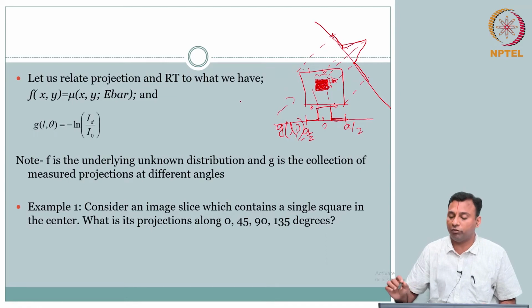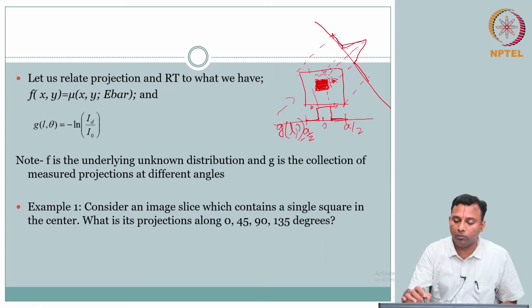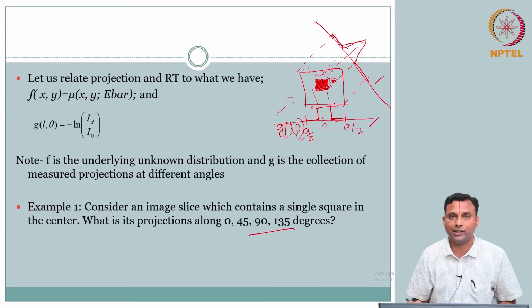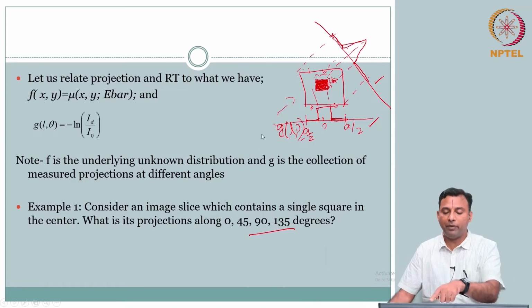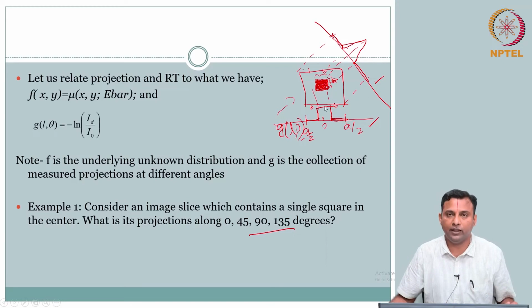Likewise, you can go about it. So this is the bunch of projections you have. I want to get to this object, but what I have is this collection of projections. I have one projection, I have two projections. Likewise, you can do it for the others as well. Clear? So I have a bunch of projections. Given that you have a bunch of projections, how do we get back to the object? That is what we will see.